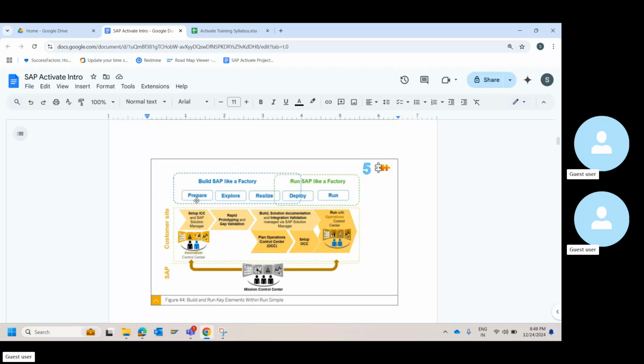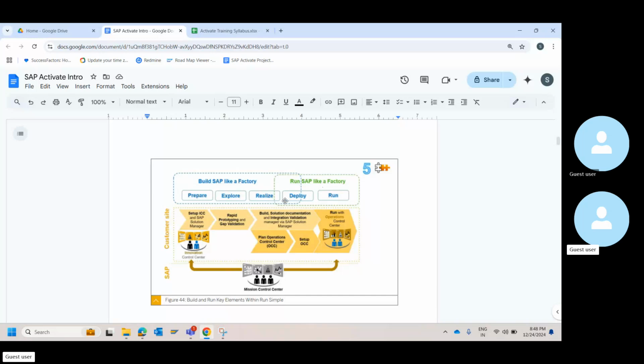In prepare, explore, realize, and until the end user training, you will keep on building the SAP system. Until the end users, you will keep getting feedback from them. And if it is business critical, as I told you, you need to address that, because without that, you cannot go live, right? So if you check this out, at least 60 percent into deploy, you will still keep building the SAP software.